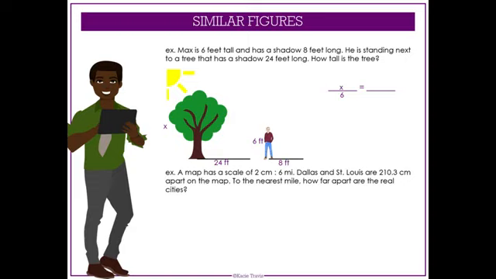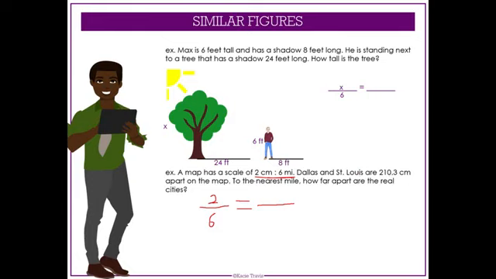All right. The next one, even though I give you 2 over 6 like this, or 2 and 6, remember, a ratio is the same thing as a fraction. So this can be written as 2 over 6. Now remember, we are trying to find something in our proportion to set up. So it says Dallas and St. Louis are